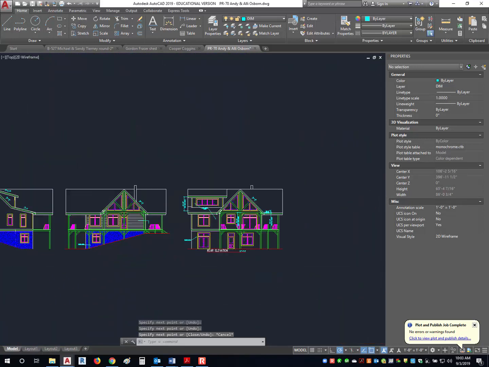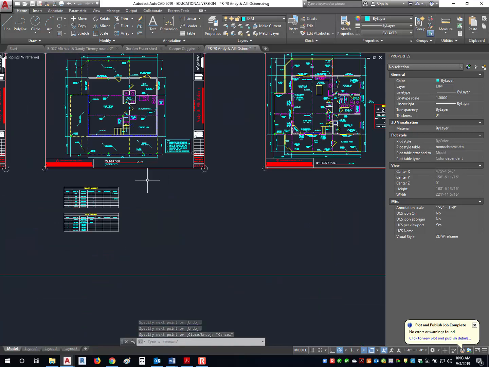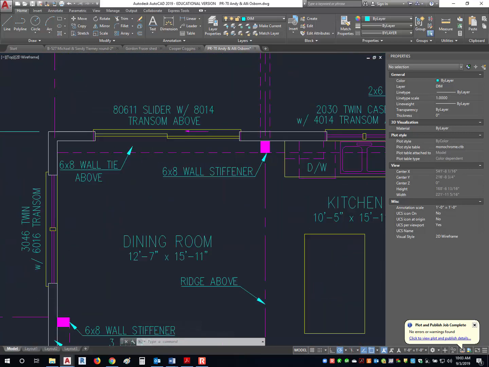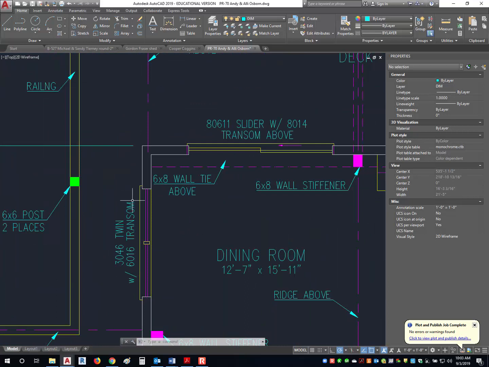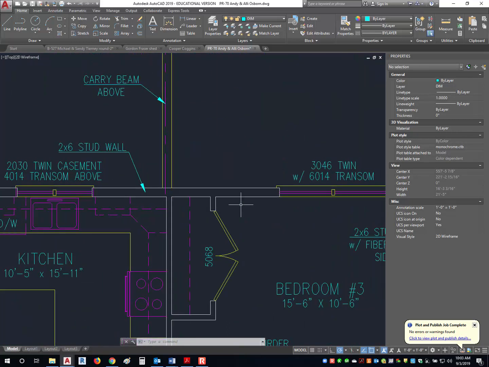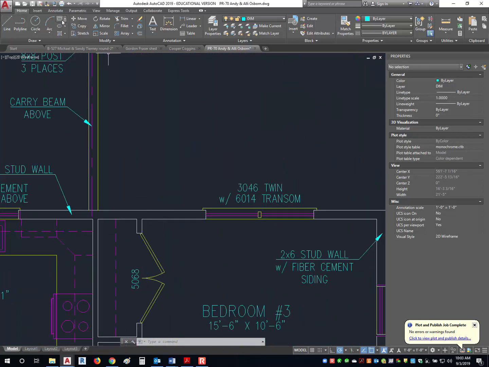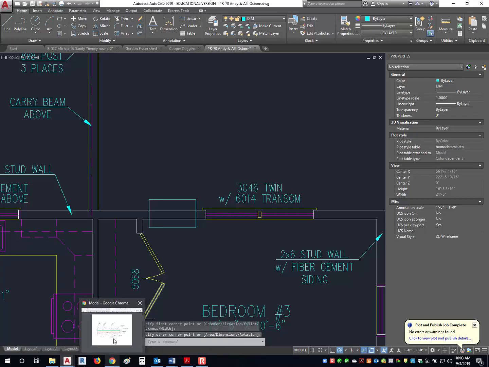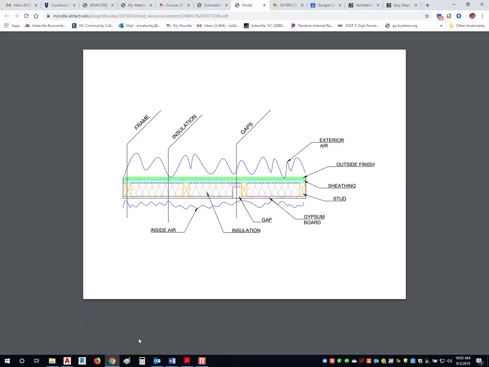Okay, so if I go over to the plan, then we may take a specific section of a wall. Maybe we're going to take this section here and we're going to analyze it and figure out the proper insulation on that. So let me find my way back over here. Okay, so